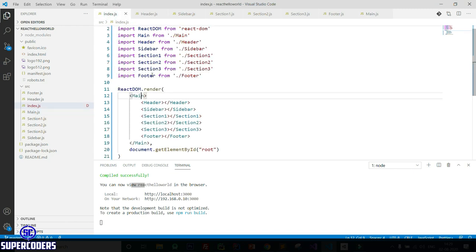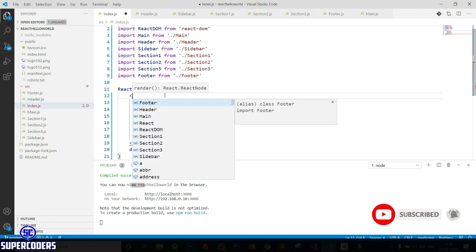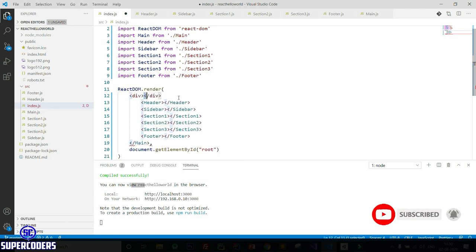Also do one thing, instead of main, adding a div or directly adding a React.Fragment.